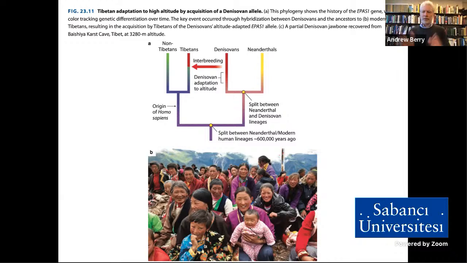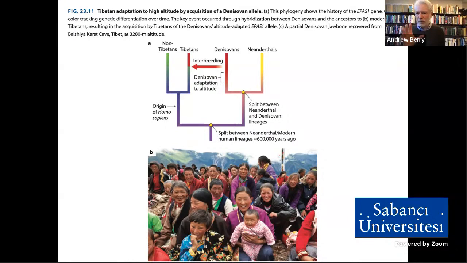We now know, and I think this is so cool, where they got that very distinct gene from, a gene with a whole bunch of distinct mutations which facilitate living at high altitude, breathing the thin air, surviving with low oxygen. They got it from Denisovans. So as you can see in the family tree at the top, you've got a common ancestor, you've got this gene evolving, but then you've got a horizontal transfer. You've got that arrow from Denisovans to Tibetans. Amazing, okay? Talk about a positive acquisition from your neighbors.